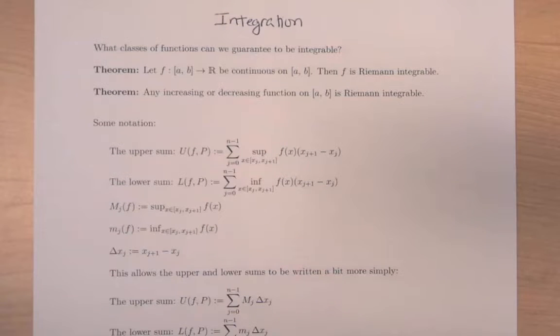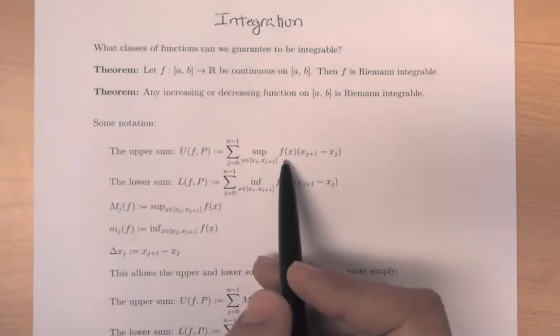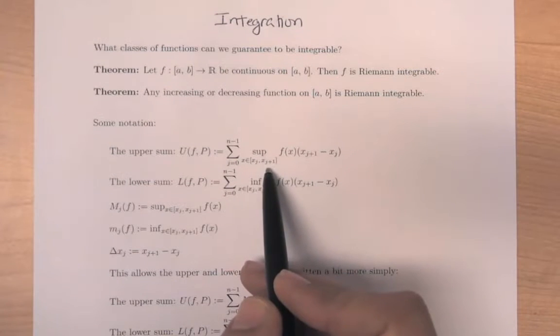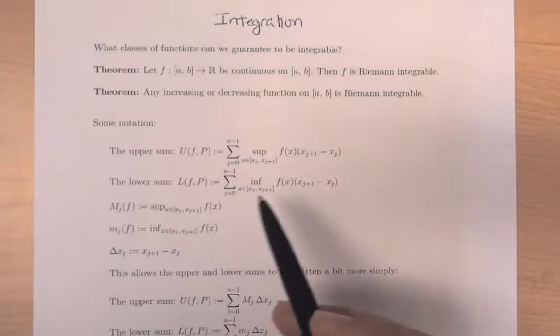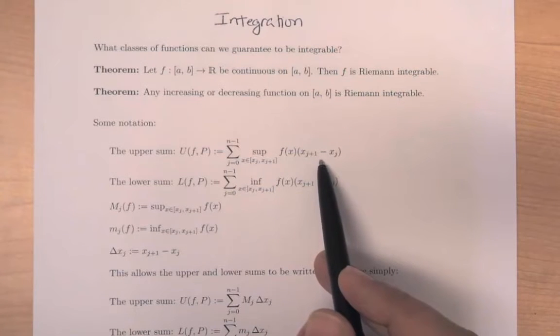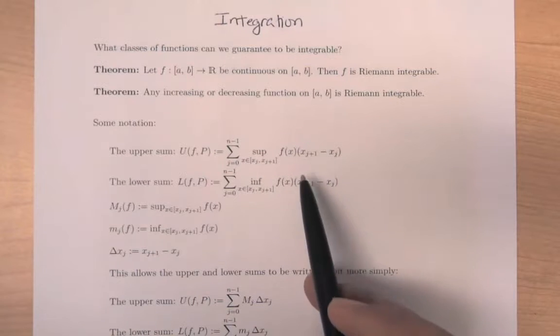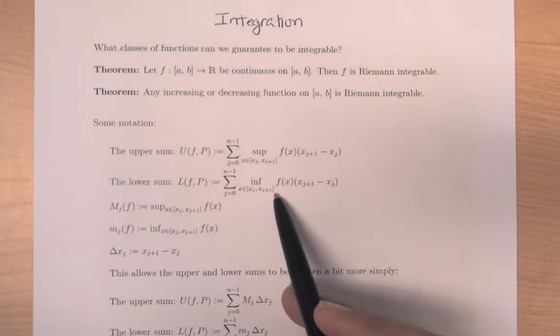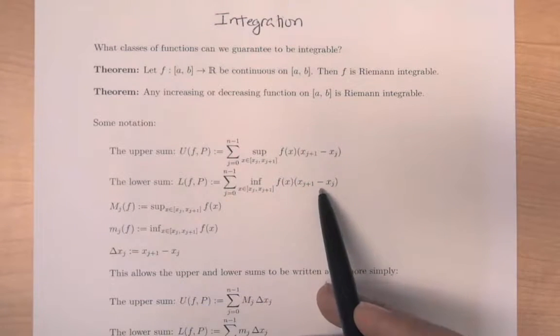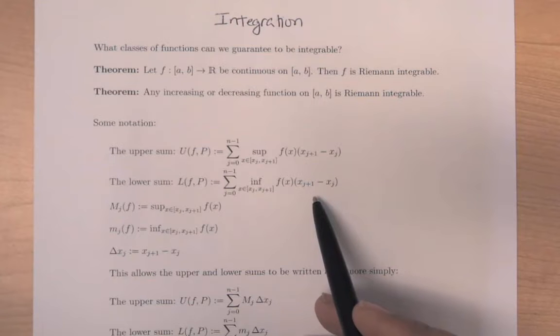So the upper sum is the sum of rectangular areas, where the height is the supremum of f on a subinterval in a partition P times width, right, which is the width of the subinterval of that partition. The lower sum is again a sum of rectangular areas where the height is the infimum on the subinterval times the width of the subinterval. Just to simplify some of our notation and save some ink,